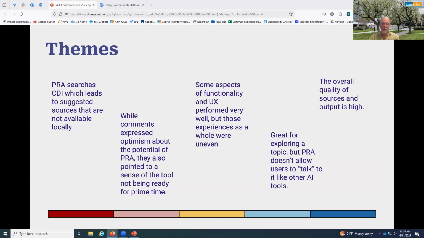And we used AI to help us pull out some common themes found in those comments, which you see distributed here in terms of the most problematic or concerning aspects on the left to the most positive on the right.